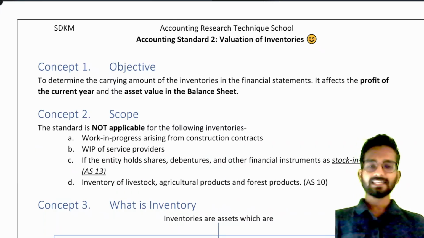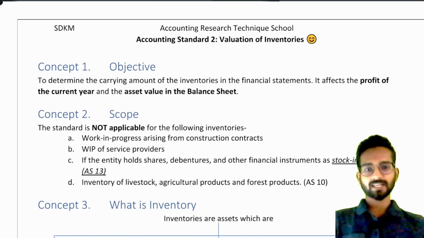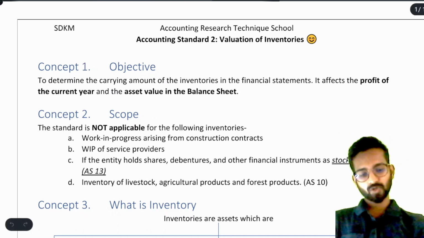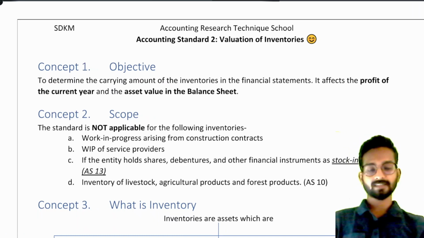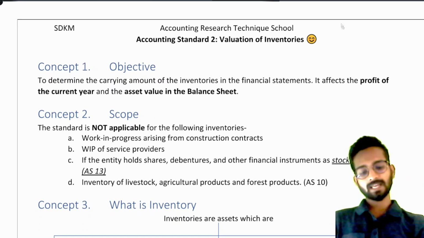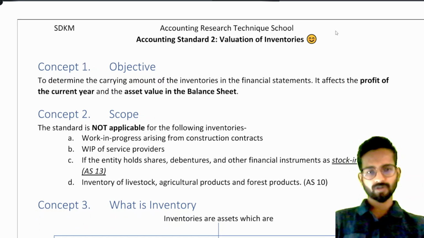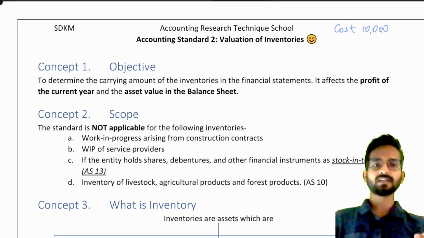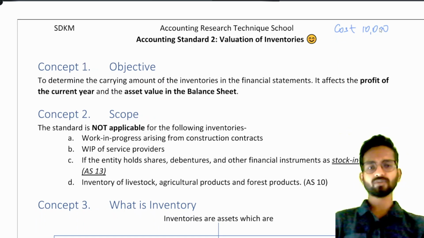Hello everyone. In this video we'll be learning about Accounting Standard 2, that is valuation of inventories. Now, what do we mean by inventory and why is this standard necessary? Suppose we have some units of goods in our godown, the cost of which is say 10,000 rupees. You will say, sir, it is very easy. If we know the cost, then you can directly write that much amount in the balance sheet